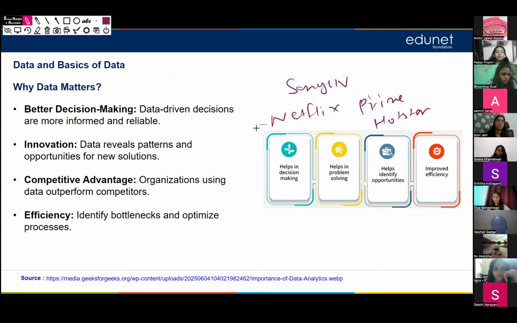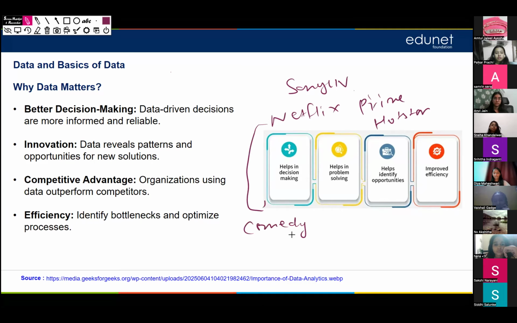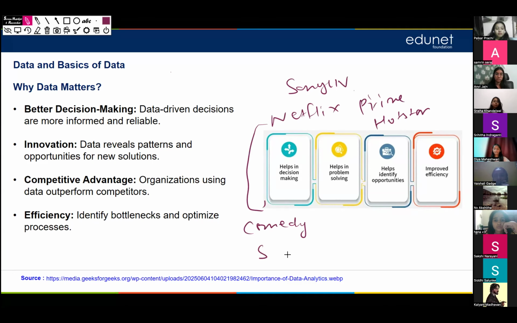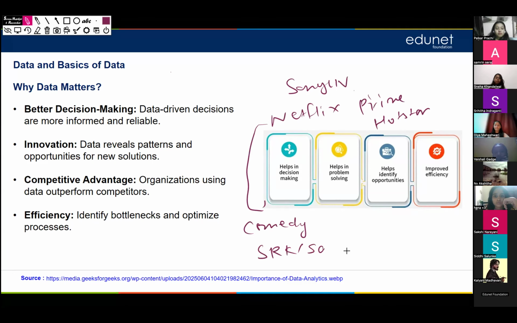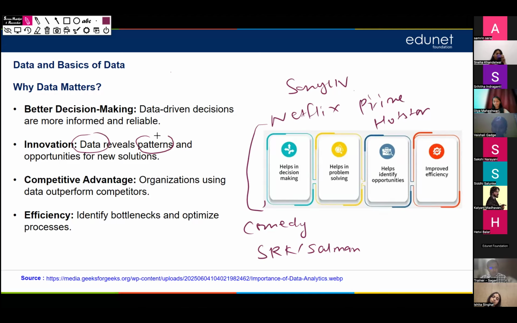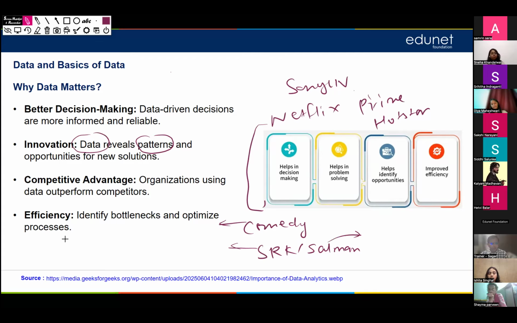Now let's say I watch a comedy movie on Netflix, or I am a SRK fan, or I am a Salman fan, or some other actor, right? Now this data, my movie watching, my browsing, reveals a pattern. What is that pattern? That I am looking for something related to SRK, something either related to comedy or something related to Salman. So now any of these OTTs will start recommending me similar things,